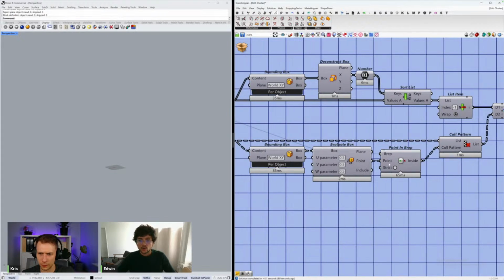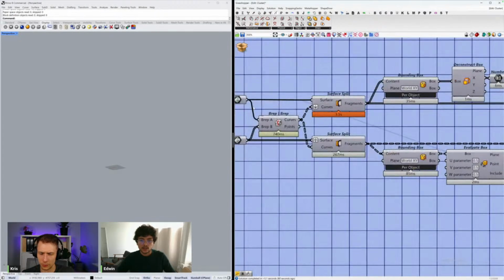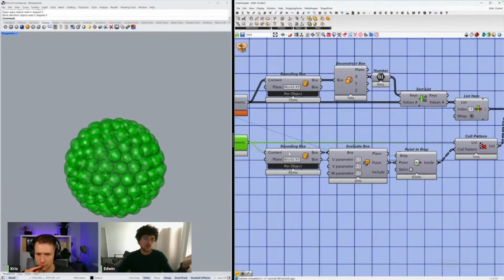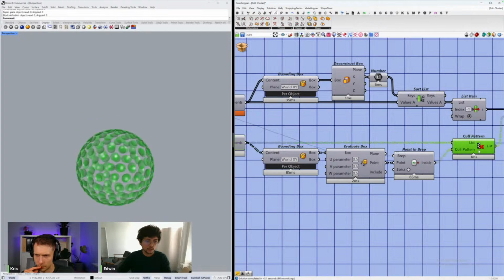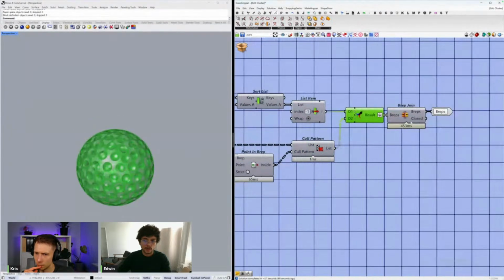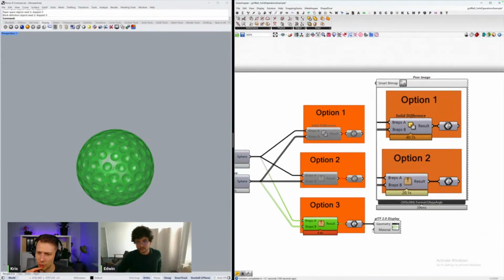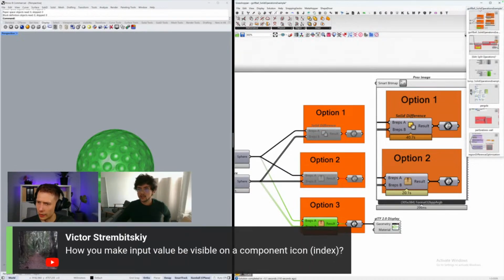And on the other side, I do a containment. So I have the original sphere, and whatever is inside the sphere of these fractioned surfaces is what is useful for me to keep. And that's how I end up with the final result. That was a really smart way of doing that. So that's how you can really cut it down. Okay, so let's go to the next one.